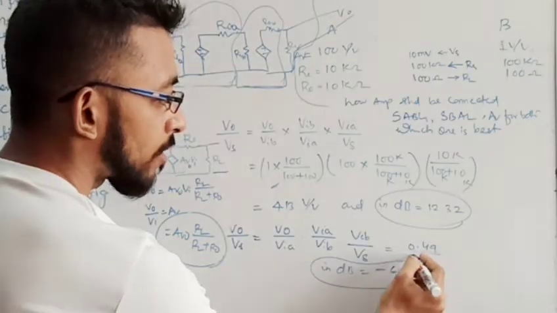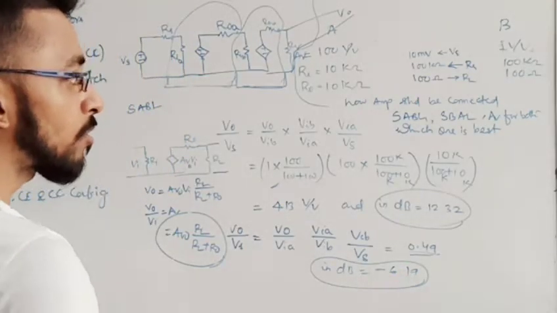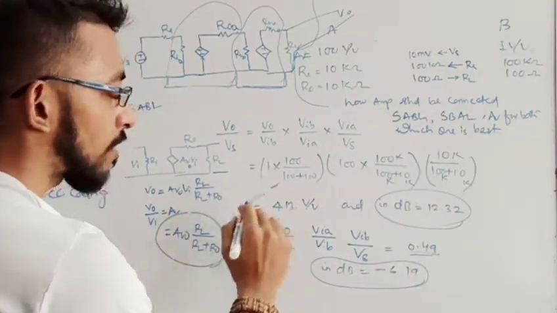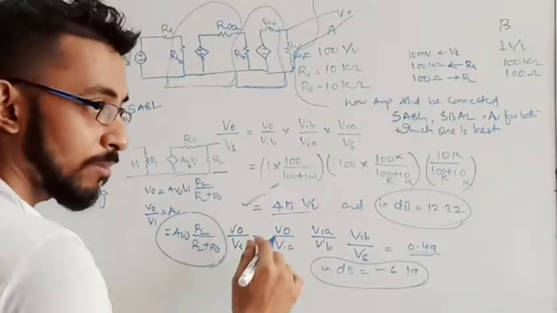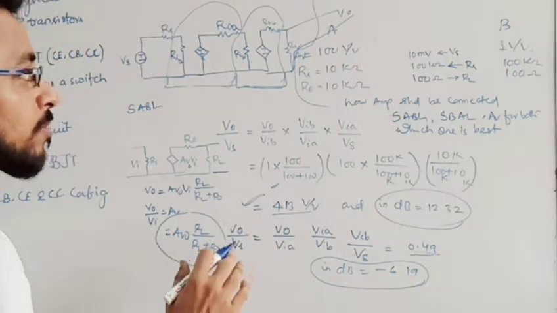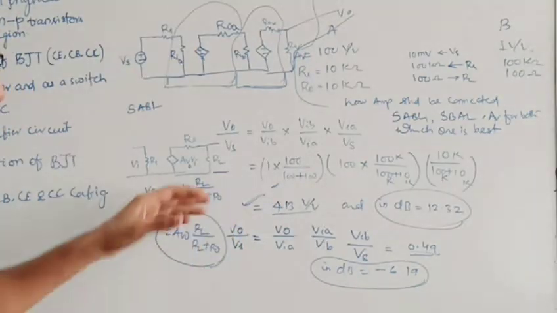This is the value, and if you convert it to dB, it becomes minus 6.19. Then the question asked is, which one is the best between these two? Obviously our SABL connection will be best because it gives more voltage gain as compared to this one. Okay, this seems a bit lengthy and difficult, but once you solve this one, there is nothing,